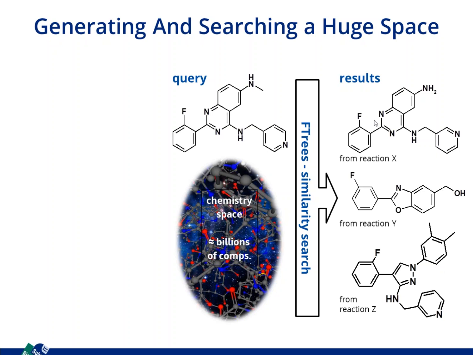The added value from this is we still know that this compound comes from reaction X, Y, or Z, and we even know the composition of reagents that undergo a reaction here to form this product molecule. So we have a recipe associated with every virtual product. So generating the space and then searching in the space. I start with the end because I think the searching ultimately determines, or the ability to search ultimately determines the value of the method altogether. So let's start with,